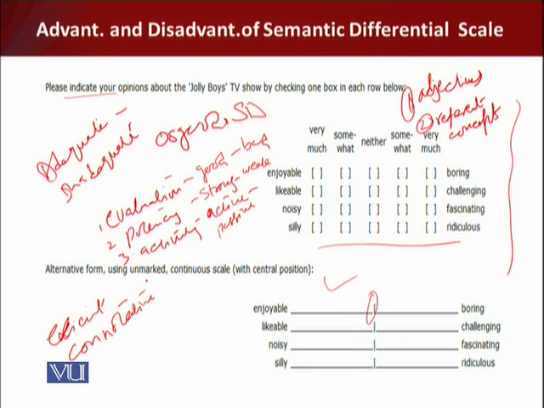Then the unmarked scales are more difficult to code afterwards, although this can be done with a Likert type overlay. The advantage of this is that they are not dependent on the interpretation of words. For example, somewhat can mean a lot or a little to different people. So respondents will tend to score these relatively. Thus, if they feel less strongly about a question than the previous one, they will mark the scale in a more central position,